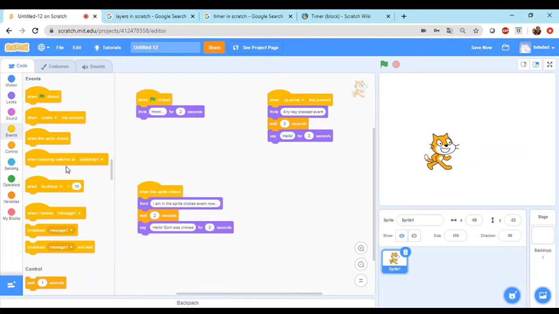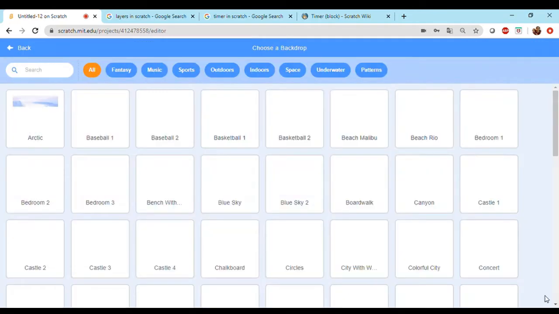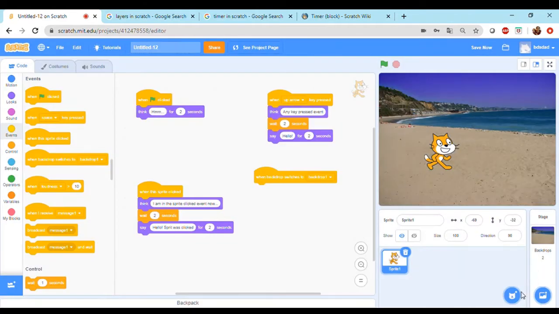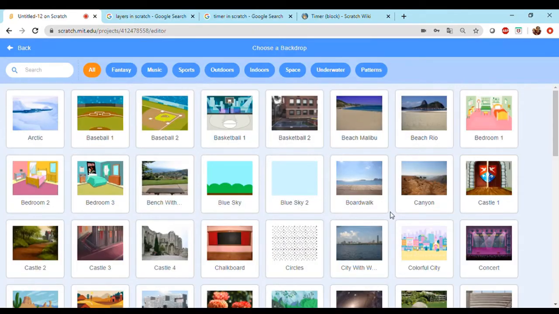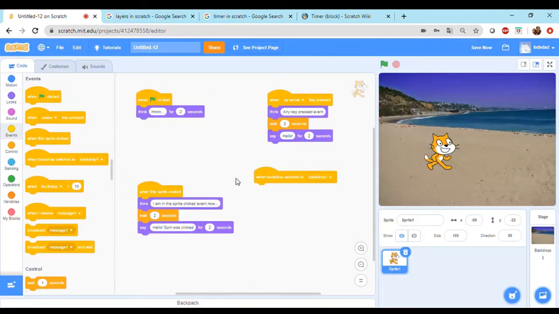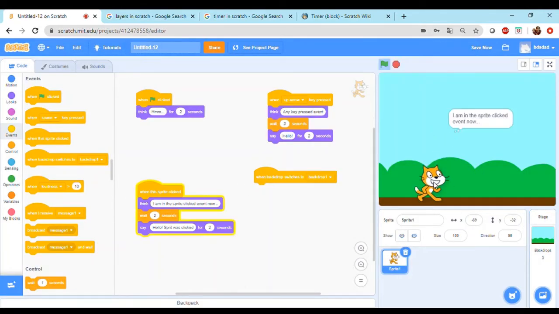Now the next one is also pretty interesting. It says when the backdrop switches to backdrop 1. So first thing, maybe let's add a few more backdrops to it. So let's add the Malibu beach. Let's add maybe, what do you want to add? Maybe let's say blue sky. All right, so now we just say when the backdrop switches to blue sky, we want to execute a certain